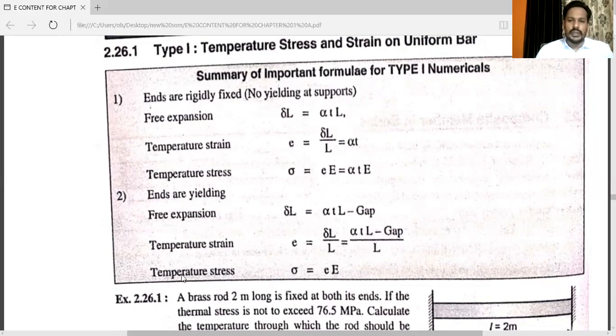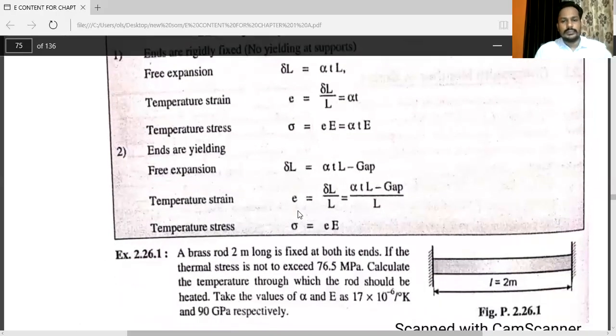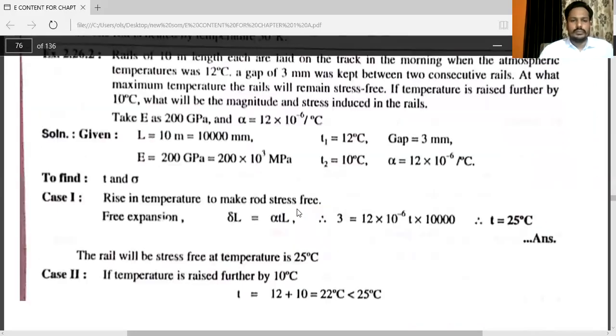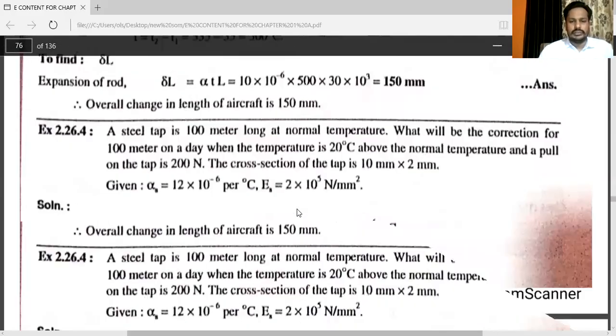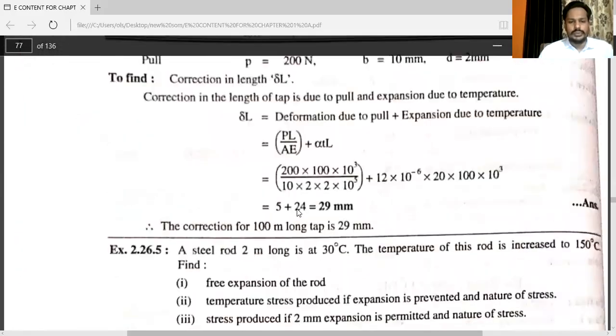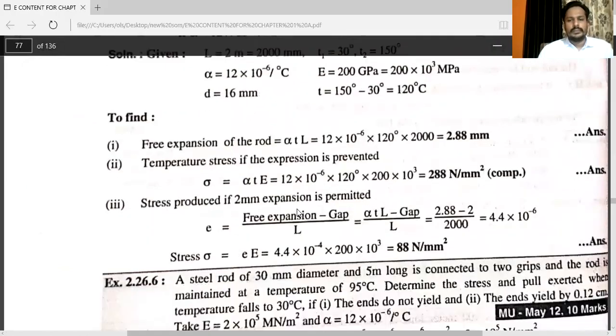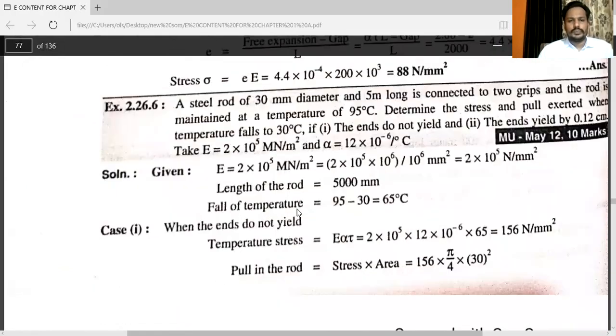See, this chart is very important to solve the problem. Highlight each and every formula. Here just I am taking 1, 2 problems. See the problems from May 2012